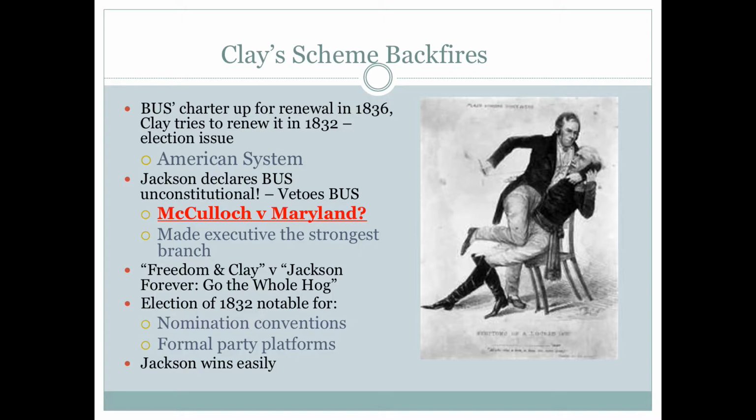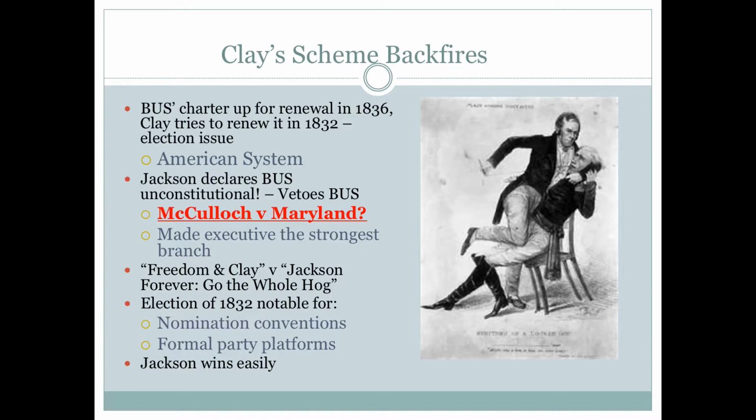It starts in January, Congress debates this, and eventually both houses pass the recharter bill for the bank in 1832. It comes to Jackson's desk to be signed as law on July 4th, 1832. Now, think about that date, July 4th. That didn't go past Jackson. He knows exactly why they're putting it on his desk on July 4th.